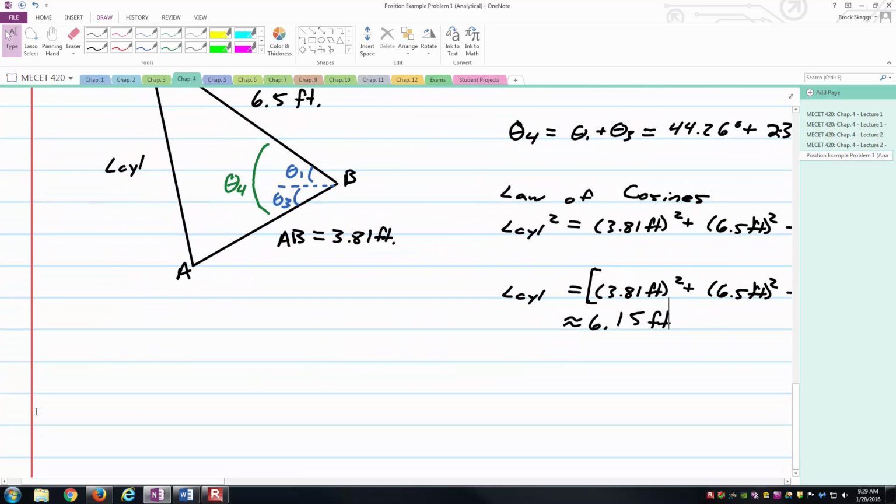And so that change in length would be delta L cylinder. It's basically L cylinder of the original, our final, and so that's this value, minus our original value of 5.21 feet. And so that's roughly 6.15 feet minus 5.21 feet,